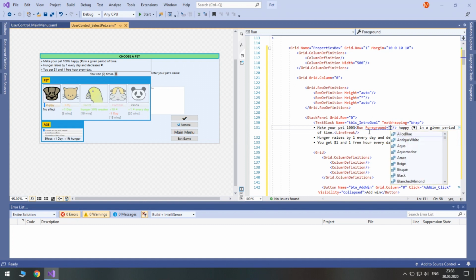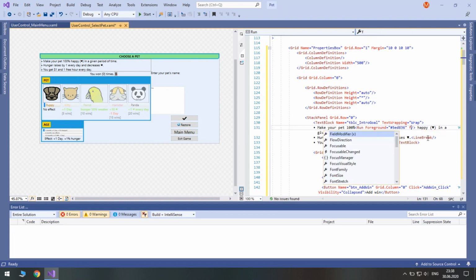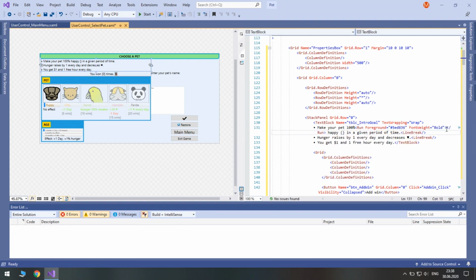Its foreground is going to be hash 5ed836. Make it bold. It's going to be just our heart character. Let's add a space here. It's happiness, so happy. I just plan to replace all explicit words with icons, but at least one time we need to explain what these symbols are for.